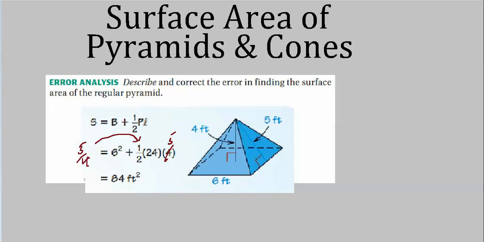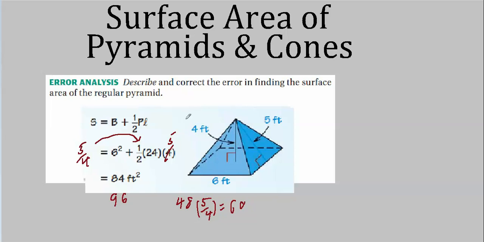In this case, I don't know if it would save us much, but this part here is obviously 2 times 24, which is 48. Cancel the 2, turn the 4 into a 2, that's 48. Multiply 48 by 5 over 4, and you get 60. If you add in this part, because this part was right, then we get 96. 60 plus 36 is 96. That'll give you the right answer.